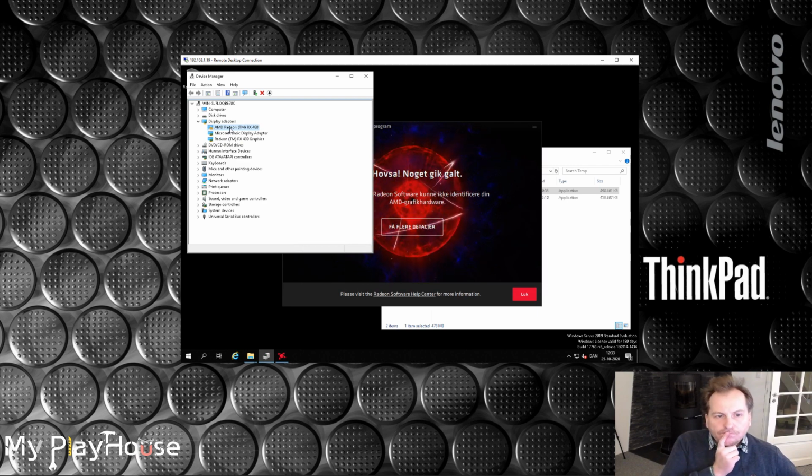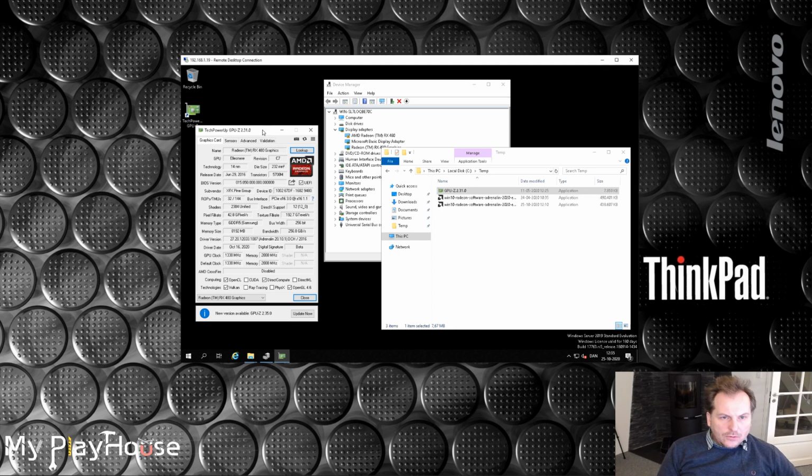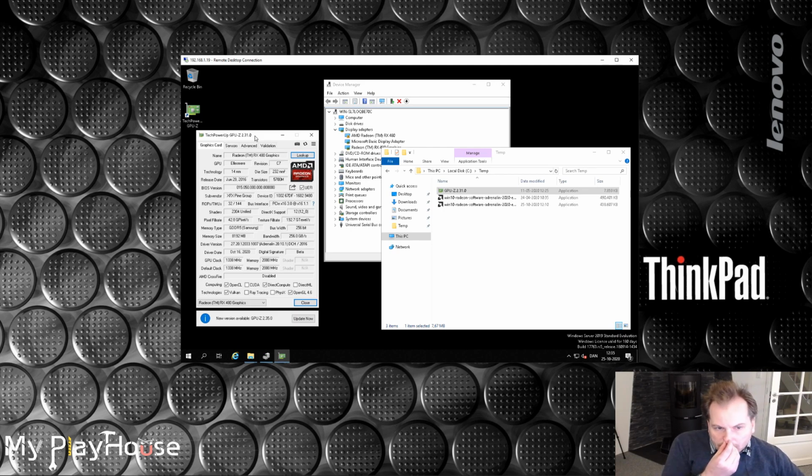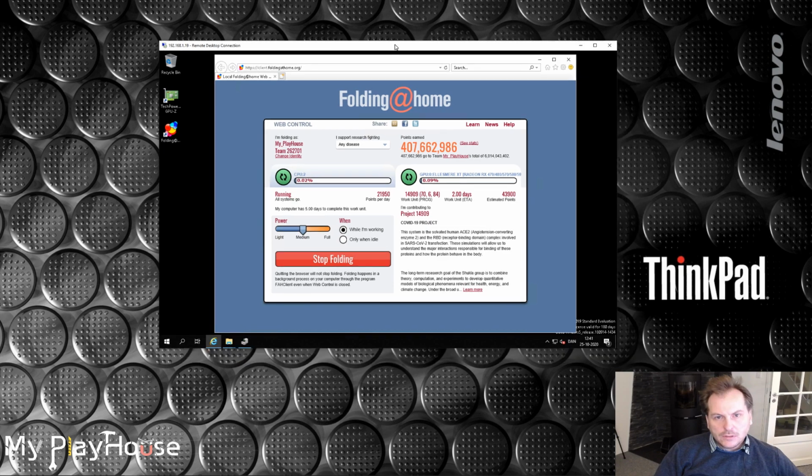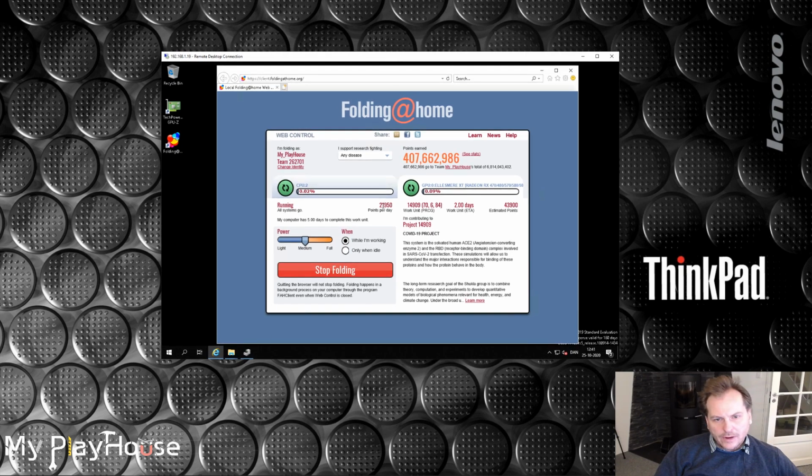So, okay, I installed GPU-Z here, and it kind of thinks that there's a GPU in there, so we might not be that far off. I will try and get Folding at Home and see if that will use the GPU. Okay, that looks pretty good actually. Seems to be working. Right now it says it's gonna be producing